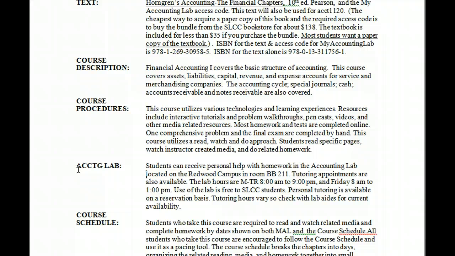This is a summer semester syllabus, so the hours are quite limited. You'll be receiving a syllabus that relates to your specific semester, and the hours will be correctly listed on that. Don't wait to seek tutoring until it really can't help you. If after Chapter 2 you're not understanding Chapter 2, seek tutoring on Chapter 2. If after Chapter 3 you're not understanding Chapter 3, seek tutoring on Chapter 3, and so on.